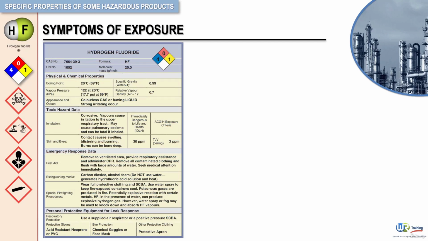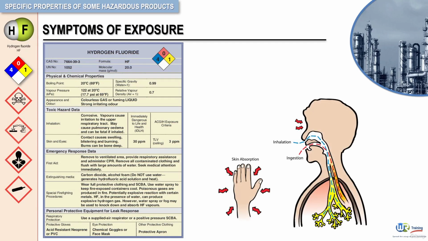HF can be absorbed into the body through ingestion, inhalation, and eye or skin contact. It can easily penetrate the skin and cause cellular damage and systemic toxicity. The severity and timing of symptoms are dependent on the concentration and duration of exposure. Keep in mind for your own safety, exposure to HF can be fatal, and again, any exposure should be considered